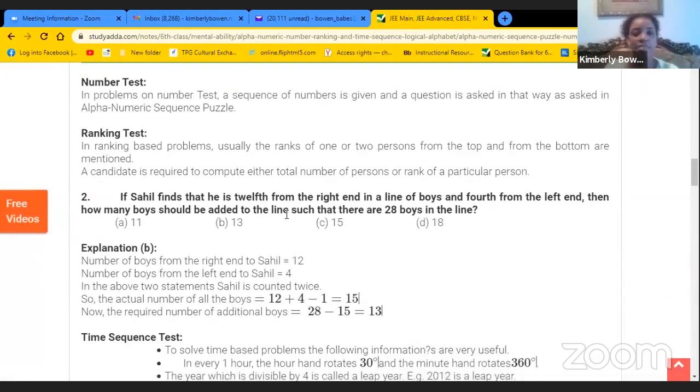So it's, if Sahil finds that he is 12th from the right in a line of boys and 4th from the left end, then how many boys should be added to the line such that they are